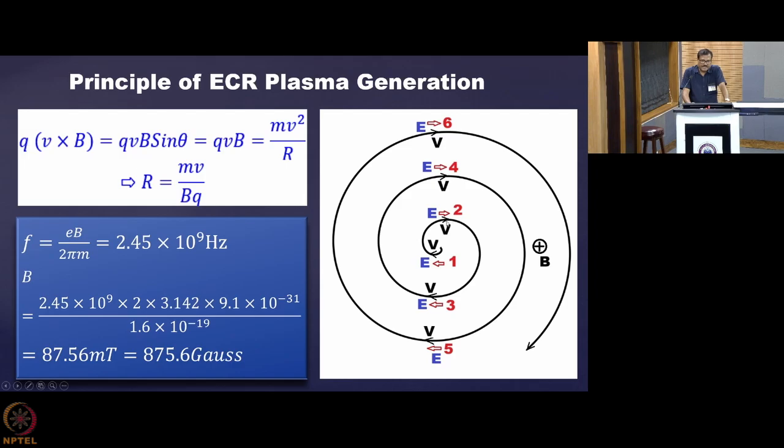Then when it is here, you now apply an electric field in just the opposite direction compared to what you applied in the previous case. So here the electric field was applied in this direction, now it is applied in this direction. So again it will be accelerated, and it comes to an orbit of higher radius and reaches here. Now when it is here, you apply another electric field, but in the opposite direction. So what you are doing is, you need to apply an alternating electric field matching the frequency of that orbiting charged particle. Then you can impart energy to the charged particle.